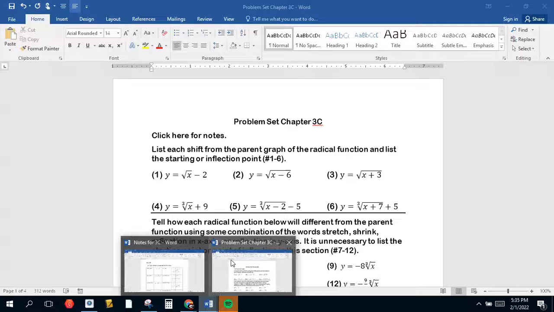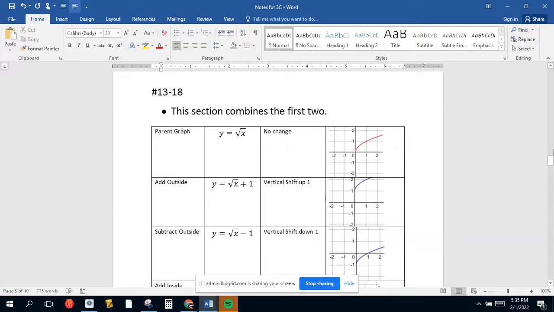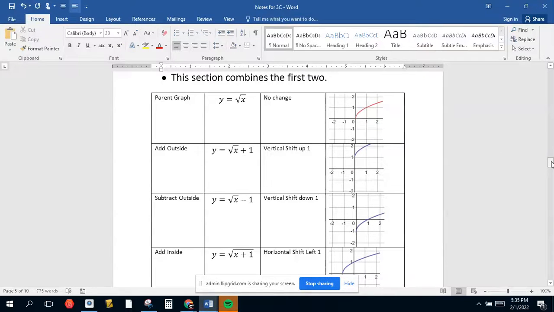All right, we're going to do some problems here from, looks like, graphing radical functions, either square roots or cube roots. And what we really need to do is know this chart. At some point you come to grips with this chart where you see this parent graph up here,